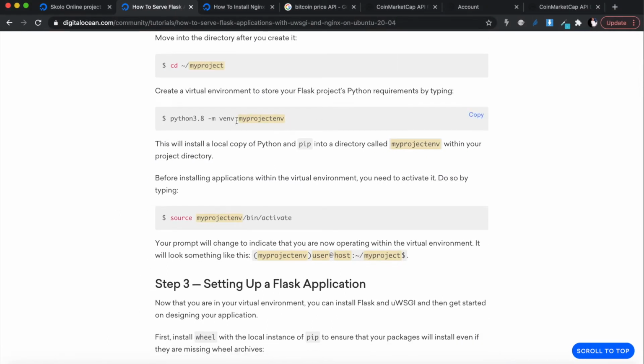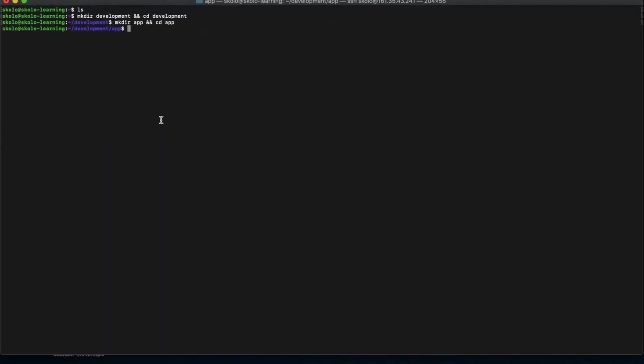So I'm going to copy this. All right, Python 3.8, but instead of calling this my project env, I'm just going to call this app env, and you can change this name how you want. This name at the end is the name that's going to be given to your virtual environment. Okay,